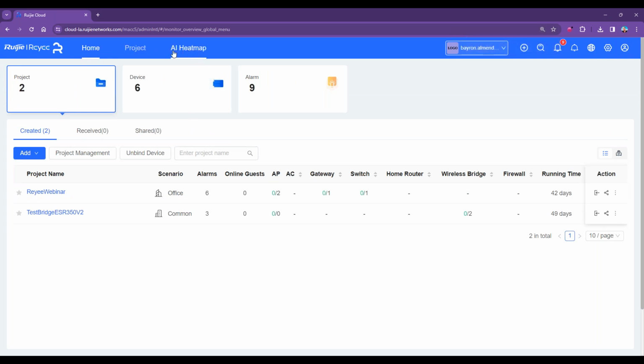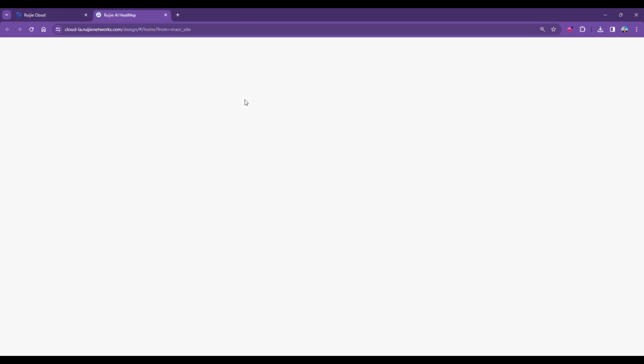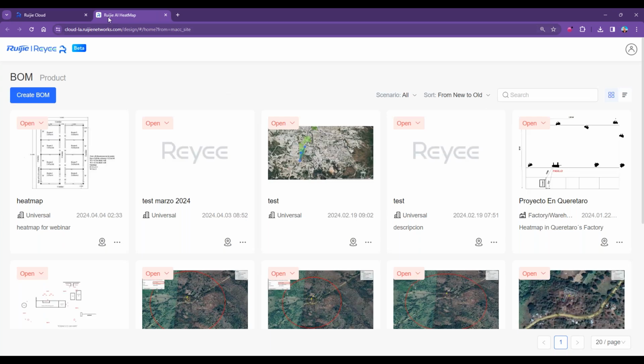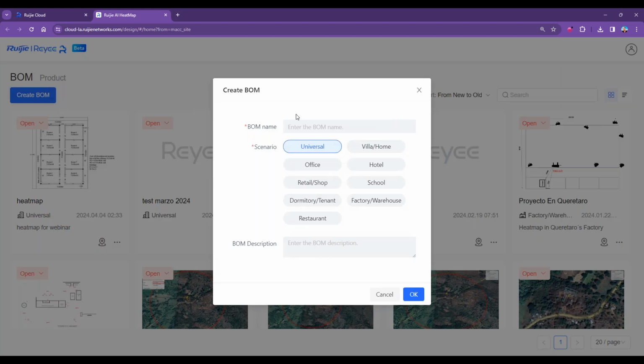Here we have the AI heatmap. So we just have to click on it, and it opens another web page, and we have the bill of material. Then we just have to create a BOM by clicking here, create bill of material. Then we just have to give a name. I'm going to write heatmap webinar,